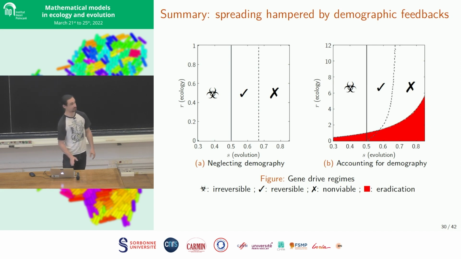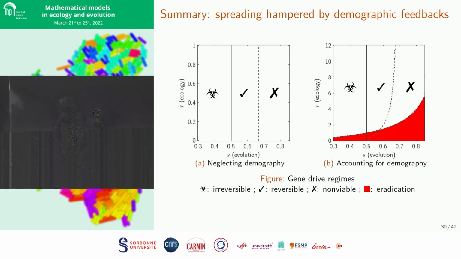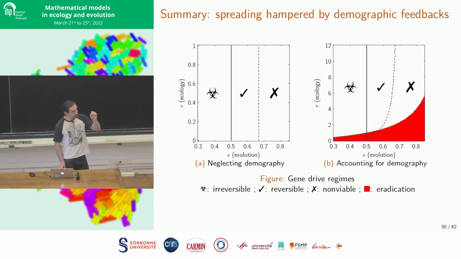And in particular, you can see on this figure that there is indeed a zone for threshold-dependent eradication drive, but it's a very small kind of triangle at the bottom of the figure. And if you try to think of spatial heterogeneities or stochastic fluctuations or whatever, you understand that it's going to be very difficult to actually construct a viable, reversible eradication drive.